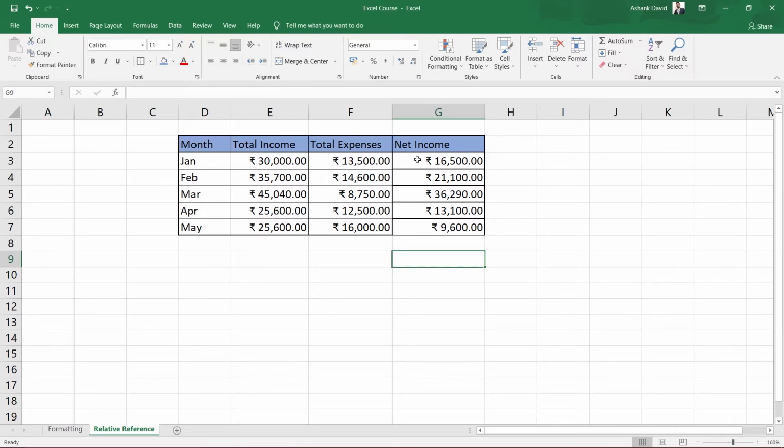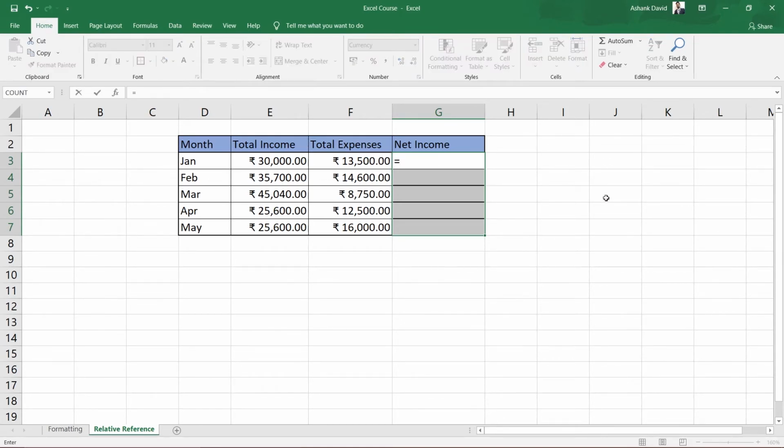Now this has a shortcut as well. Instead of dragging from the corner of the cell, I'll just delete this again, and I'll delete this as well. Suppose you want to fill up 1000 cells. You can select the 1000 cells at once, and then start directly typing the formula for the first one.